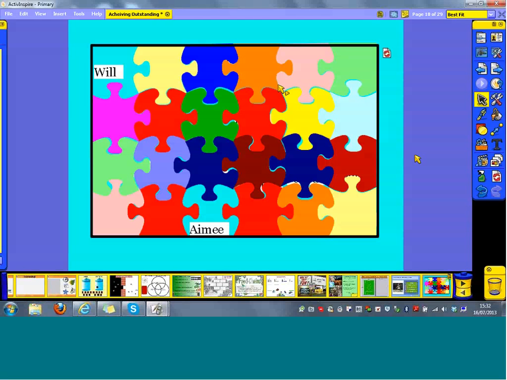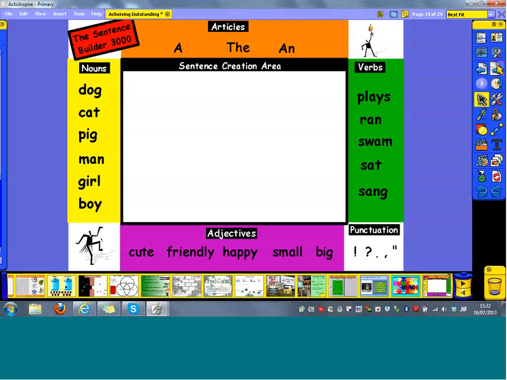But it's not just ideas like this which can support you in planning. By using a simple trick, which is drag a copy, here you can see that I've got my sentence builder with lots and lots of options on here. So I didn't have to make lots of pages when one would suffice. By using the drag a copy feature, it's allowed me to create multiple sentences. So I can create here a